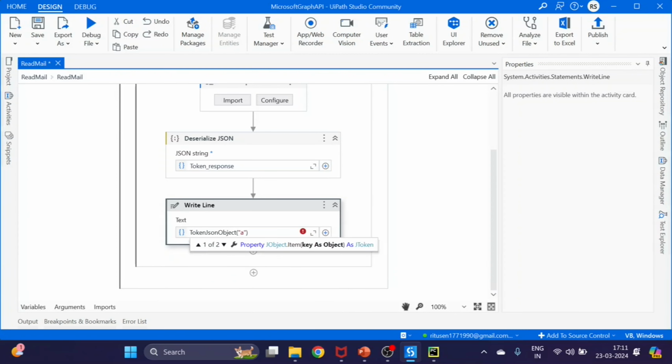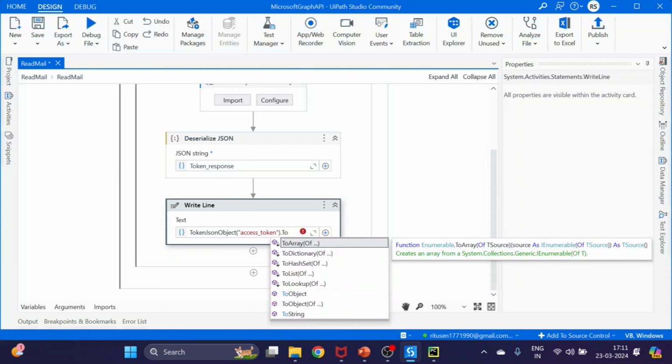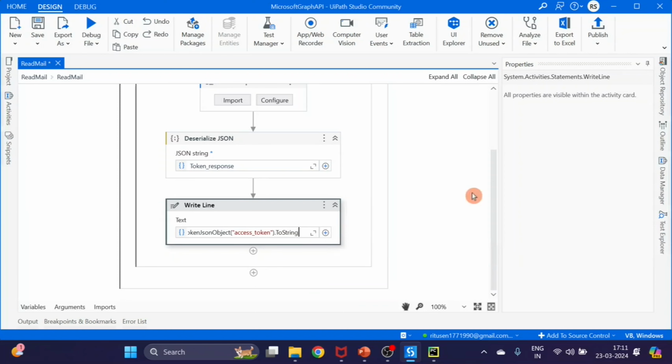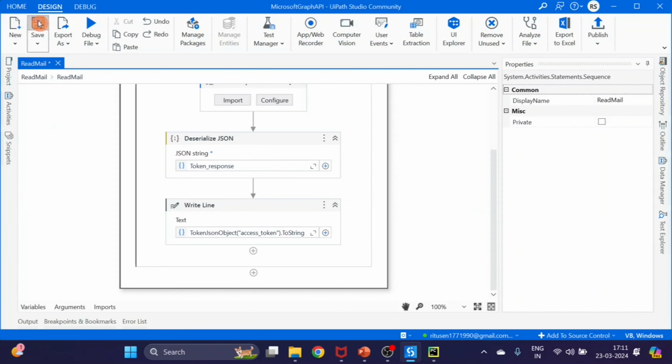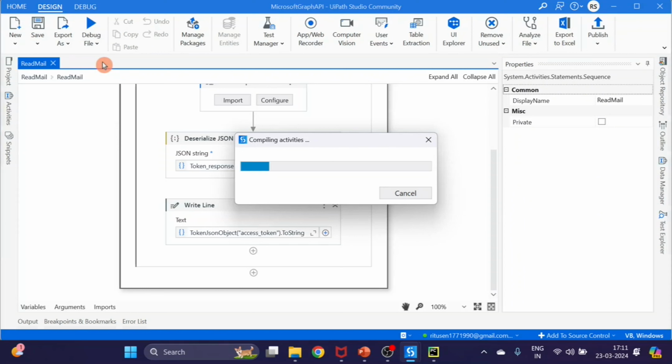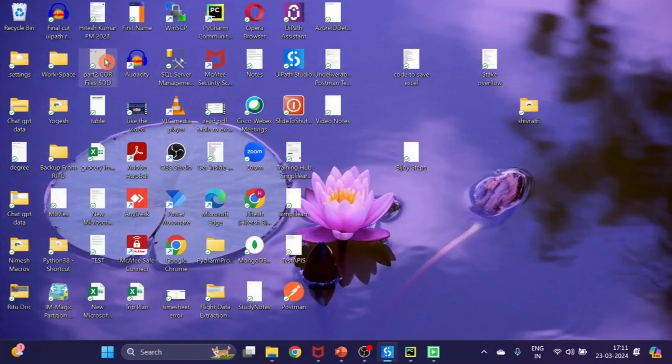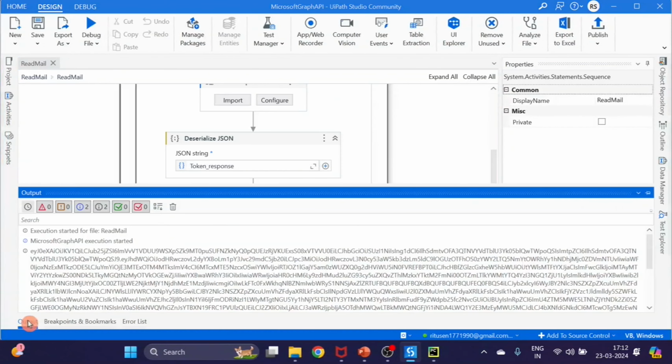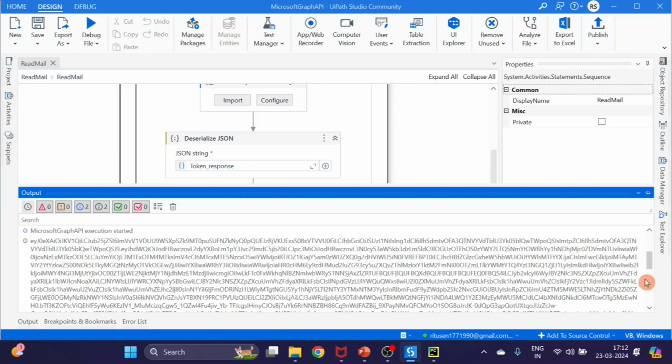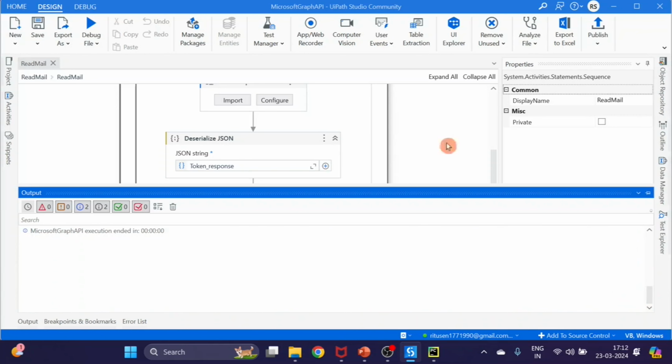I'm using access token to string. Now save it and run it. So this is basically for we are trying to generate a token. Let's see output. Here you can see token is generated. Now next step is